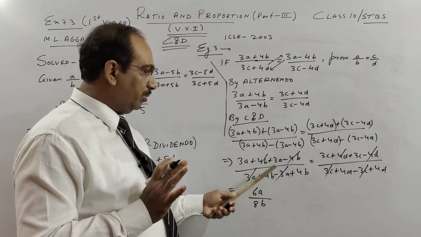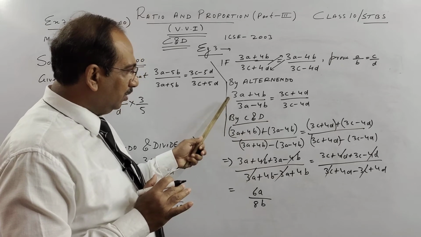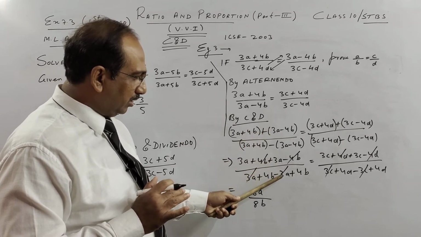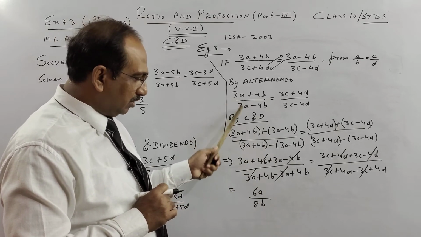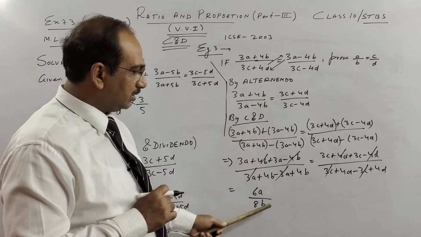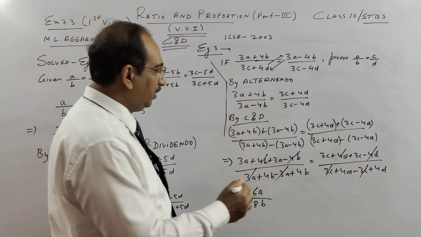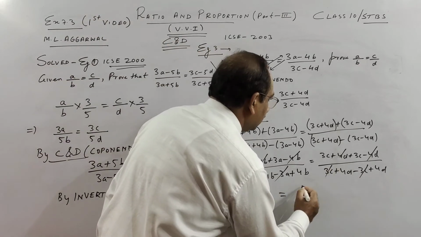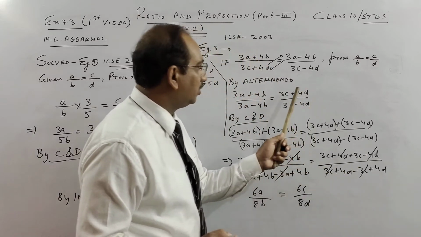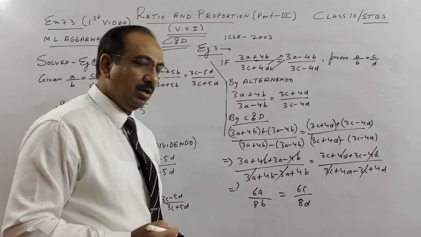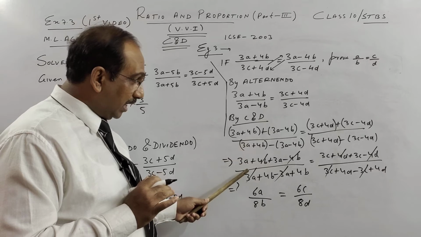So please show this step, but I am telling you this after doing componendo and dividendo. The B term cancels in the numerator, and the A terms cancel in the denominator. So what is left in the numerator is twice the first term, and the denominator is twice this. So this is 6a, 8b, and here it is 6c by 8d. So see, 6c by 8d. Here you see twice this upon twice this. So this is a shortcut just to see whether you got it right or not, but you have to show this working. This carries marks, children.